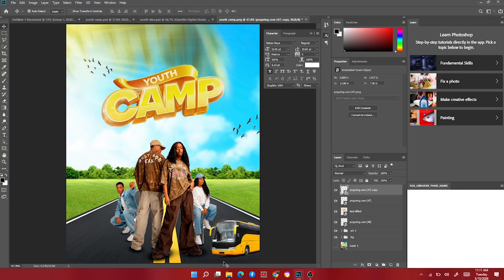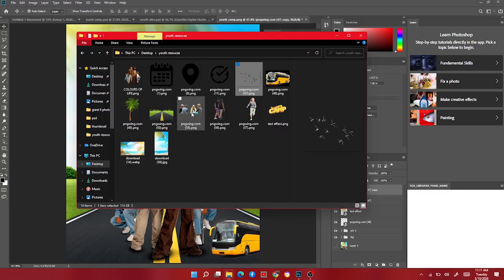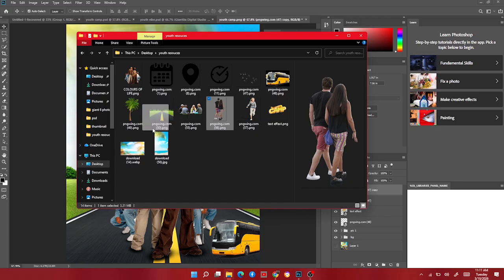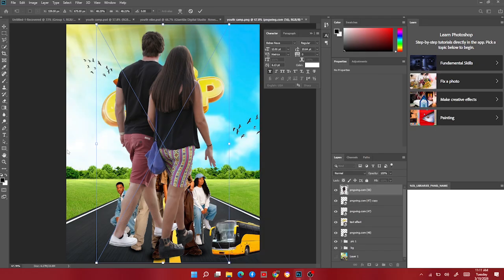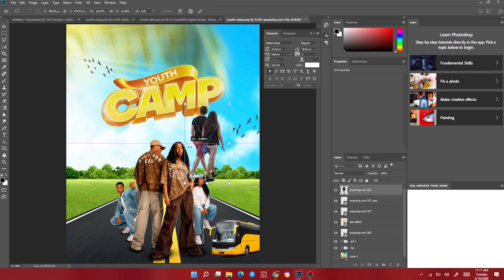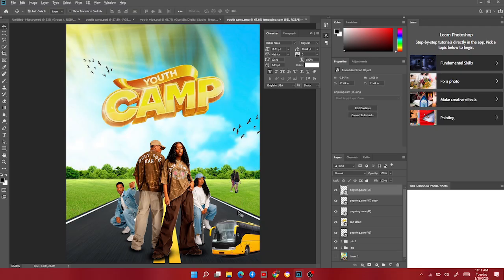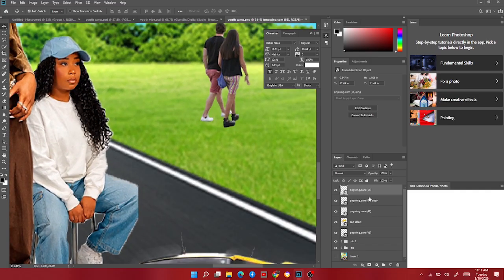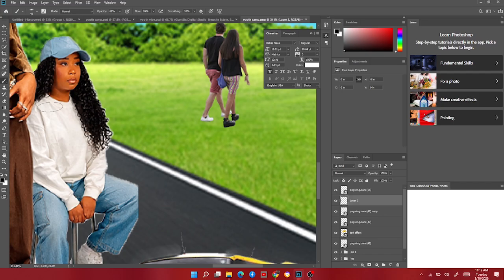So if you're done with this, come over to this place. We'll start with this couple. You drag and drop them into Photoshop, reduce like this, adjust them, take them this way. This is beautiful. Zoom in, then add a layer mask, come to your brush tool,